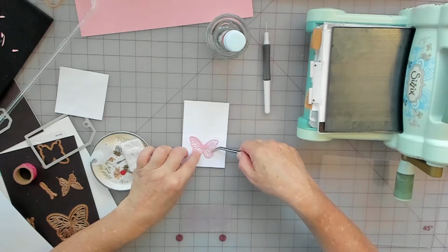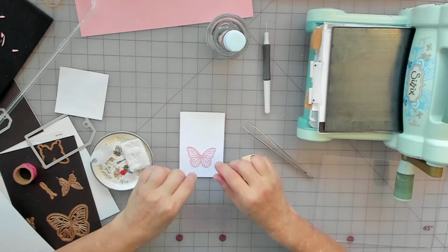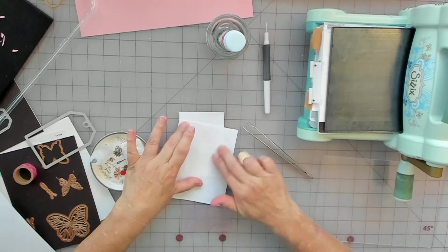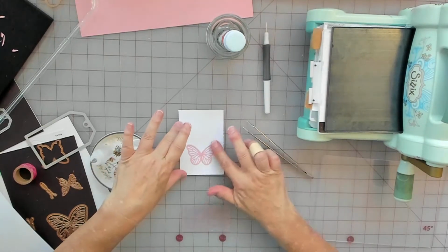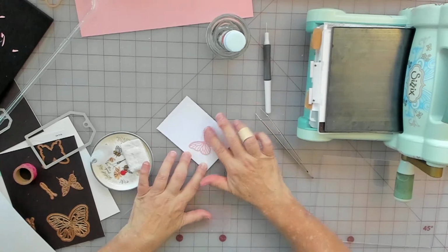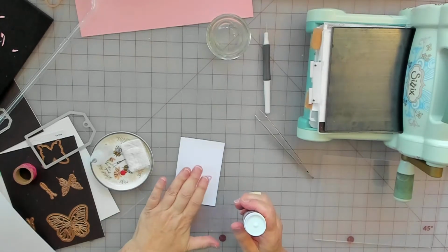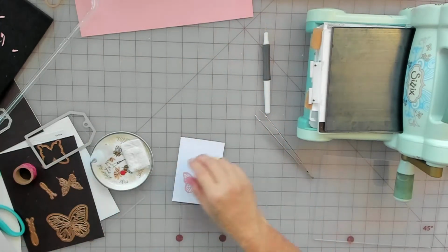I'm just going to fit that in there. It's kind of like a puzzle piece. You can kind of move it around. And I'm going to grab another piece of paper here to burnish it down a little bit. If there's any extra glue, it'll attach itself to here. And then I just go over it with my finger and try to get the rest of it. Alright, so it's not dry, but that's okay. I'll go on to the next step. It just kind of mashes everything. If it's wet, you don't get a really good quality, but